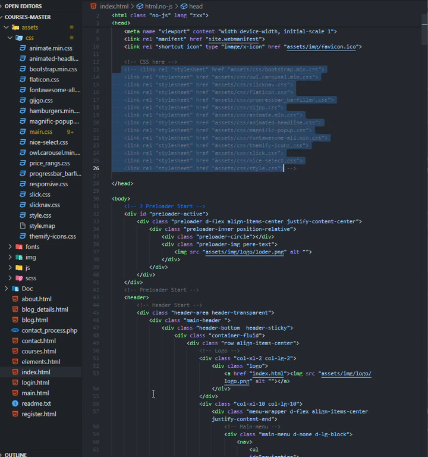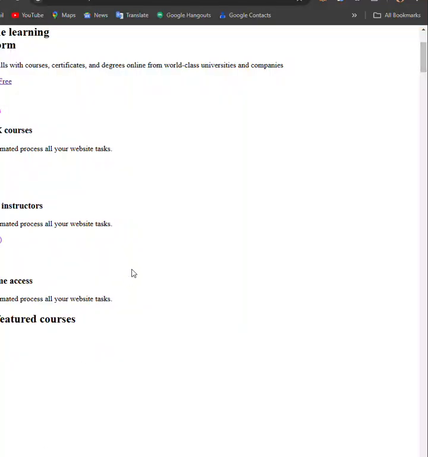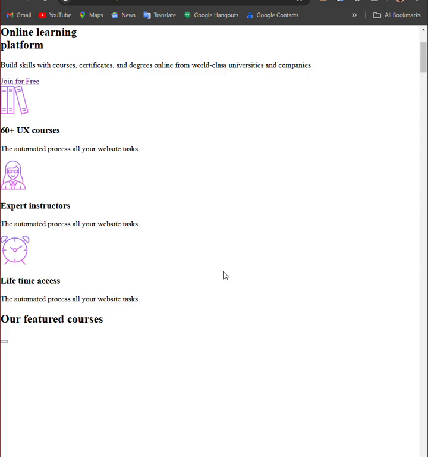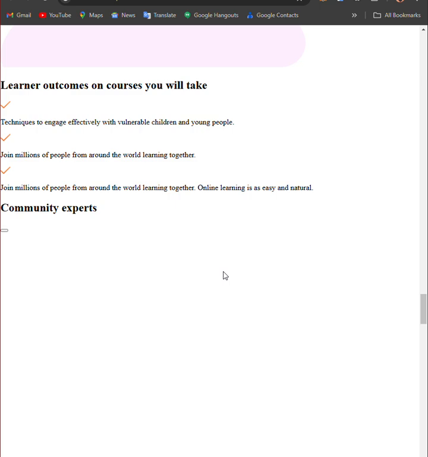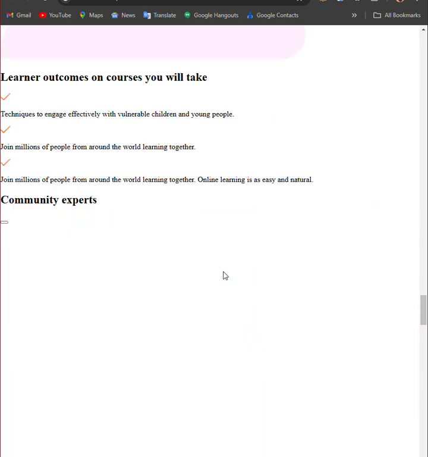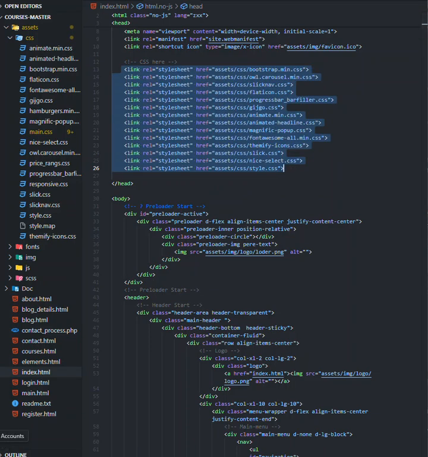Without CSS, all those codes will look like this. I don't know if you can see. Let me adjust the screen. Now this is what you see without CSS coding. This is what the website will look like. So CSS is used to style the website, add the fonts, the colors and everything to your website. So adding that CSS back,